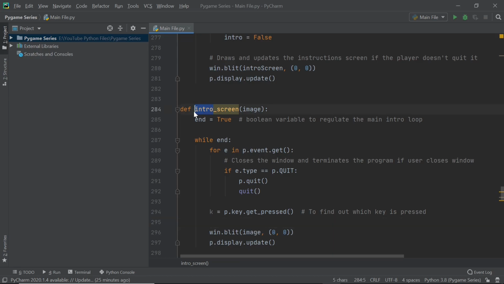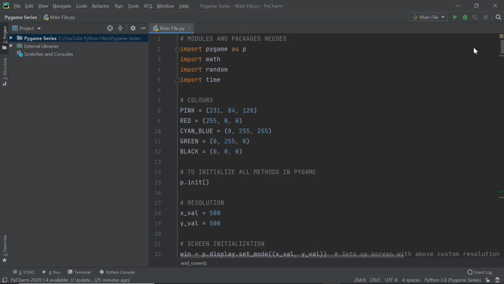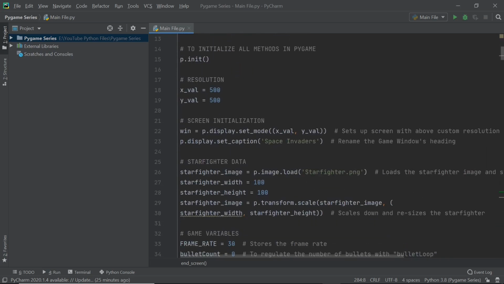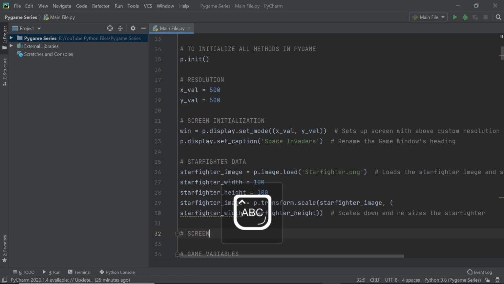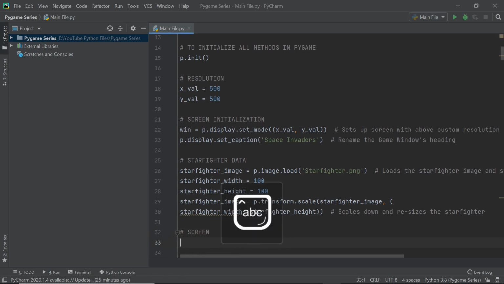So I'm going to first rename this to be end screen. And now I'm going to scroll up where we had all our data, and I'm going to do it after the starfighters data. So here I'm going to add in a comment saying screens. I should have probably put this with the intro screen, but anyway. So I'll call this end screen. No, sorry, not end screen. You lose screen. So you underscore lose. Let me just call it this. Okay, so you lose is going to be